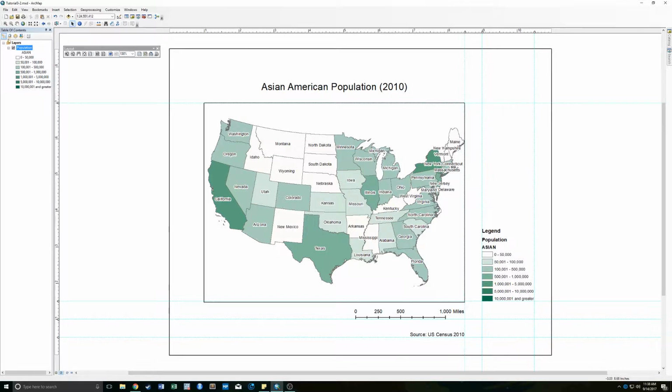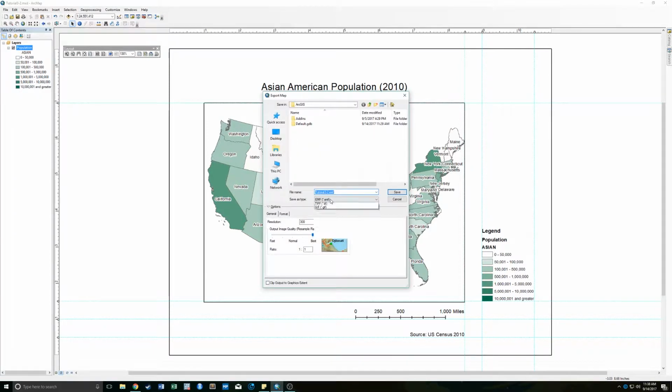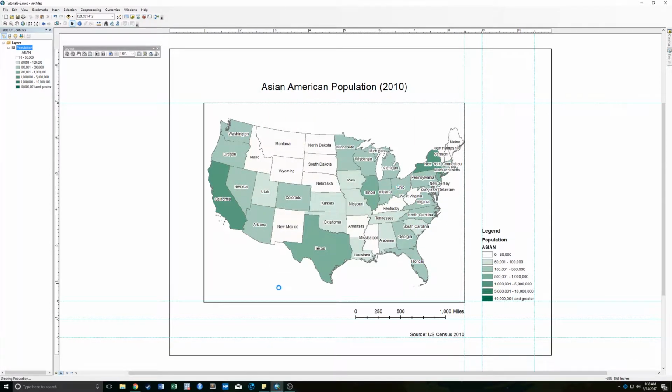And as always, if you want to export your maps, you go up to File, Export Map, and choose the file type you want. JPEG is a pretty standard one. You always want to raise this resolution up. So if we raise it up to 300 dpi, that will help. So I'm going to save this to my desktop, and